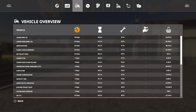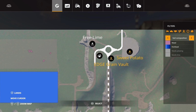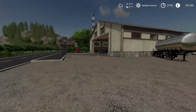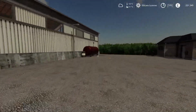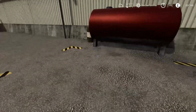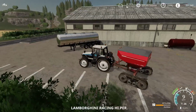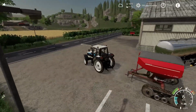If we look on the map just here, we can buy fuel up here, by the free lime and sweet potato. You buy your fuel here and you can take it to Plumpton Farm or to here, and when you unload it, you can sell it if you want to, but you can unload it here. This unloads into the storage tank, and then if we disconnect our trailer for the time being, like so,